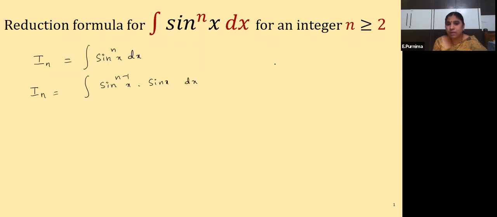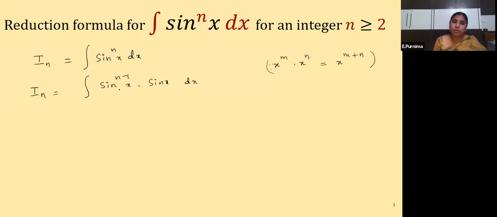Why? Because we have a formula, children. X to the power of m into x to the power of n is equal to x to the power of m plus n. Yes? Do you remember this formula? Using this formula, I'm splitting this. Means what? If you just apply that here, what happens? N minus 1 plus 1. Bases are same. For both the terms, we have sin x only as the base. So n minus 1 plus 1 means what? Minus 1 plus 1 is cancelled. Again, n is left. Sin to the power of nx is left. So that means here the sin to the power of nx dx I am writing as sin to the power of n minus 1 x into sin x dx. Is it clear?